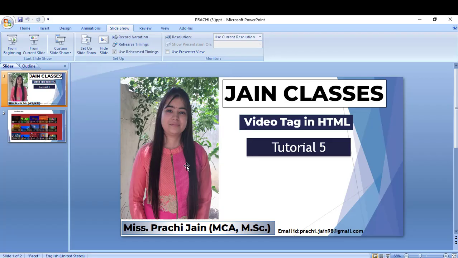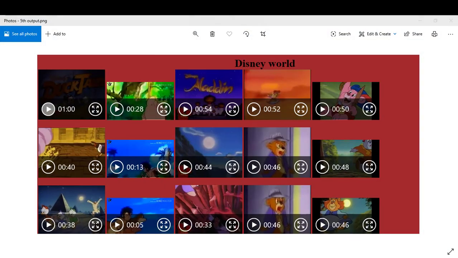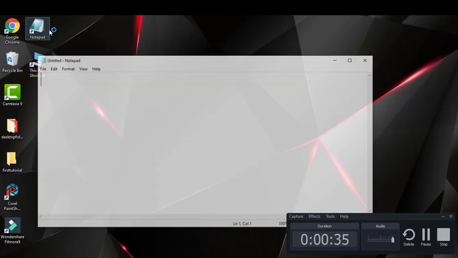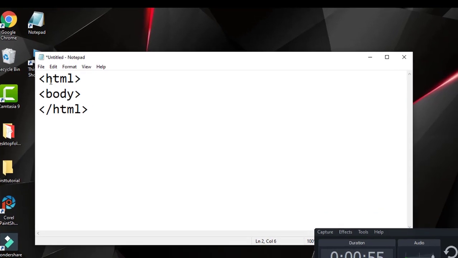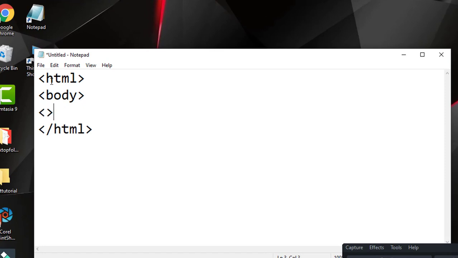To do any programming, firstly imagine, then open the programming. We will write the HTML code, and after opening the HTML code we will close it. In the HTML code I want the body as brown color, that's why the body tag and the closing body tag.